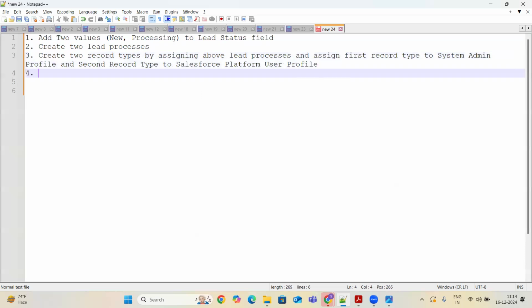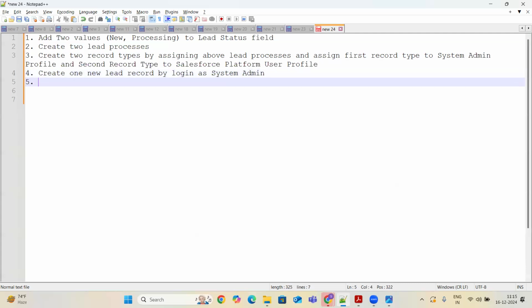And then the fourth thing you have to do is create one new lead record by logging in as system admin.